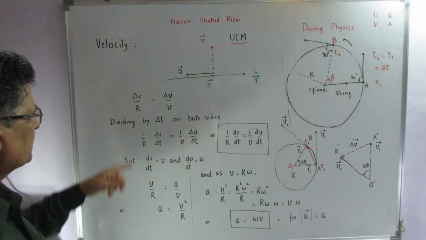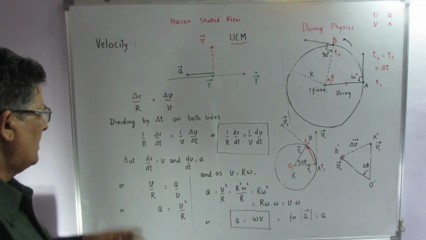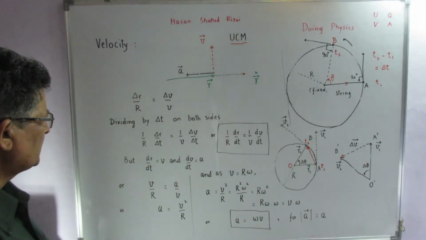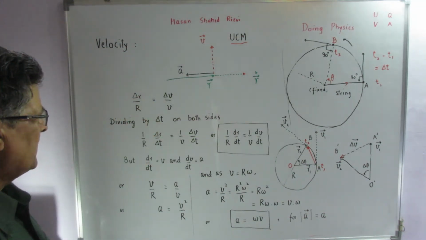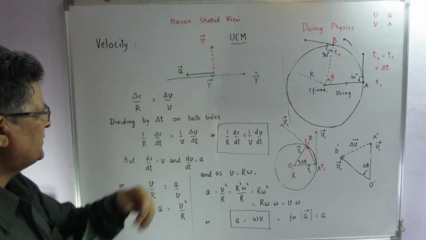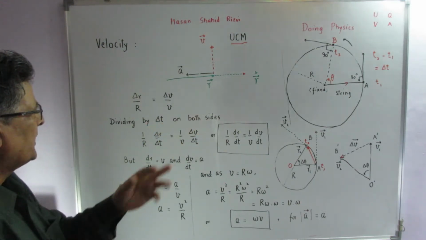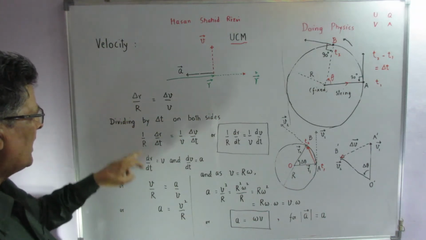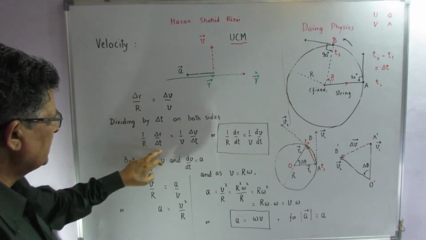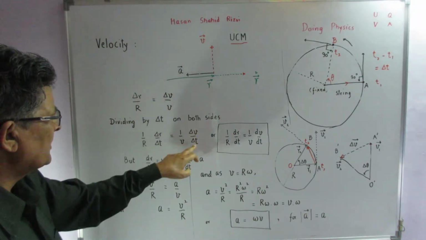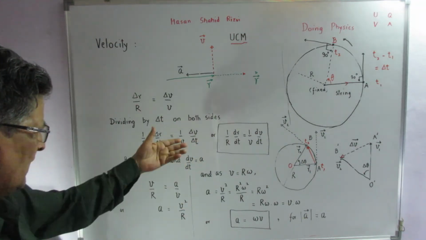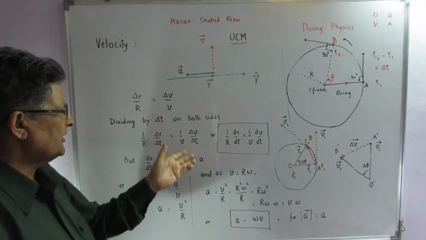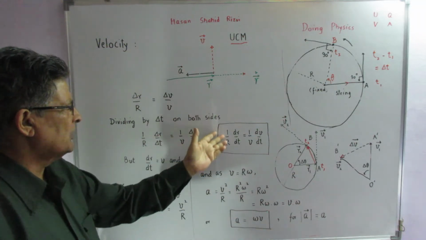So the relation that we obtain is delta r upon r is equal to delta v upon v. If I divide both the sides by delta t, I'll get 1 upon r, delta r upon delta t, is equal to 1 upon v, delta v upon delta t, which in the limit that delta t tends to 0 will turn out to be equal to 1 upon r